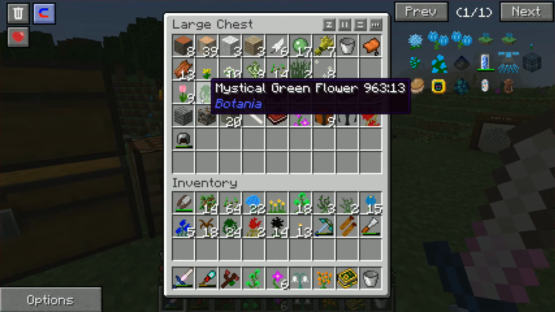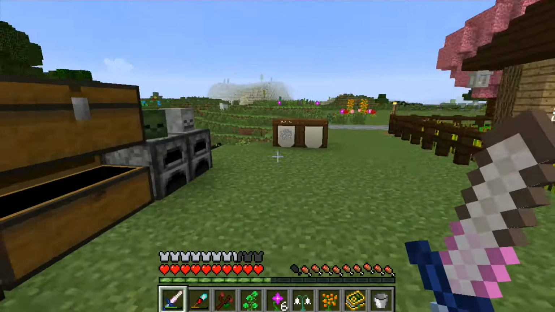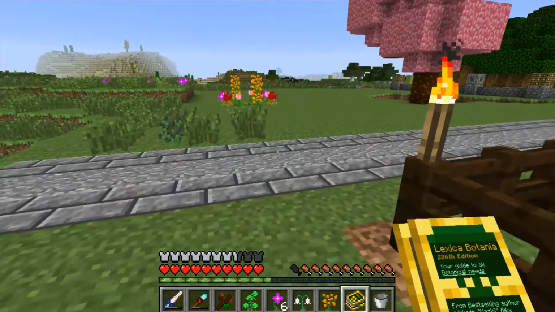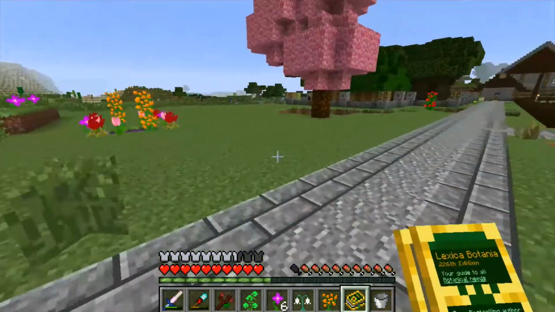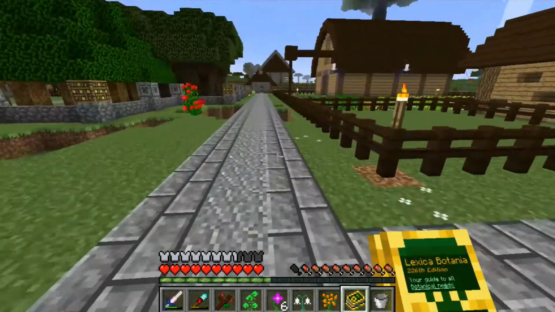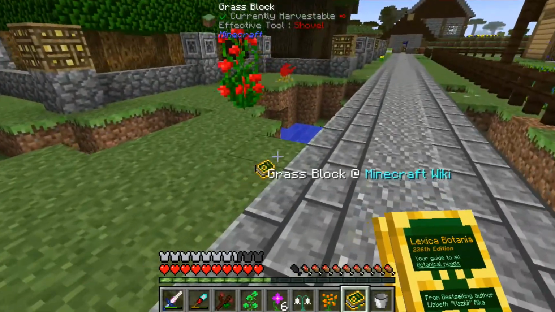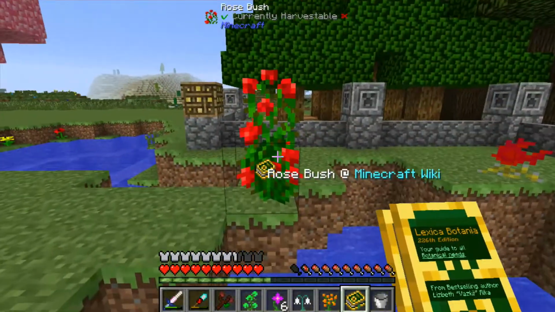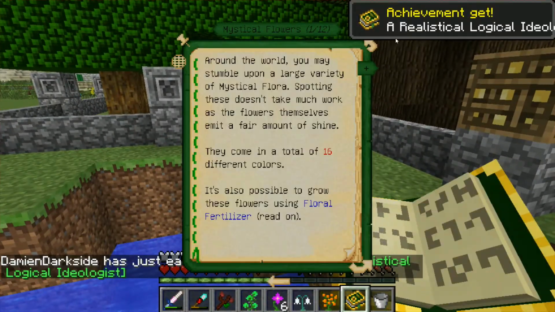Oh, I had a tall one too, cool. Yeah, I had a tall one from decorating. Another tall one too. Alright, so this is the Lexica Botanica. And as you can see in the bottom corner there, it's your guide to all botanical needs. Yeah, it's Vazkii. So, the cool part of this mod is if you press shift, it'll go to the Feed the Beast wiki or the Minecraft wiki, depending on what it is. Or, that's a rose bush. It'll load up